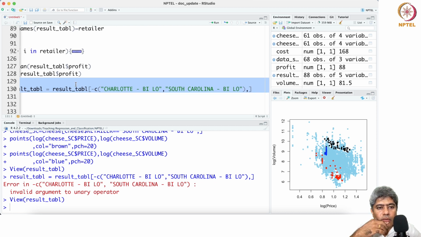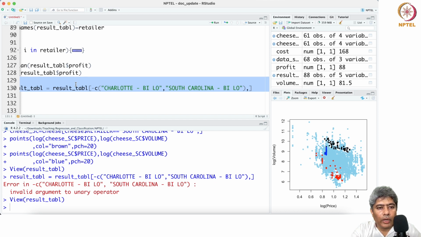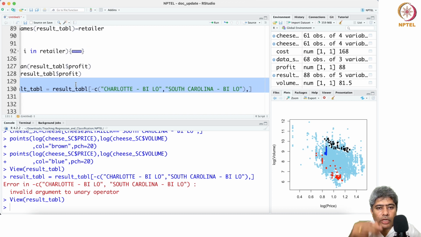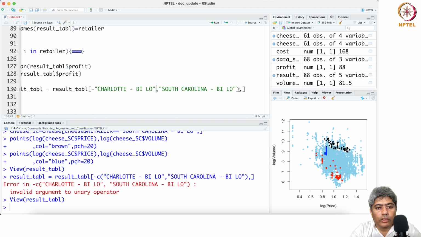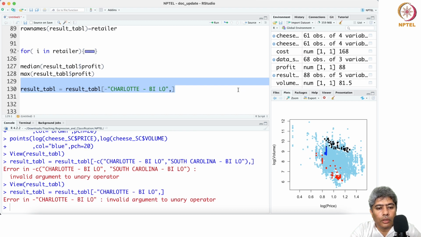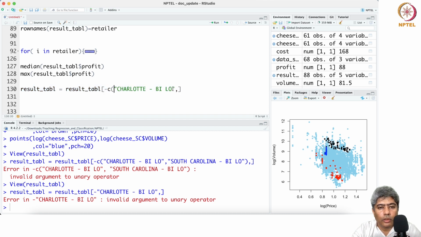All right, so looks like it's not mutable. If I just drop this guy like this, invalid argument, okay. What I can do is